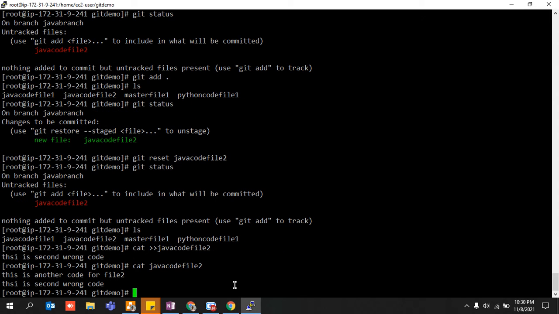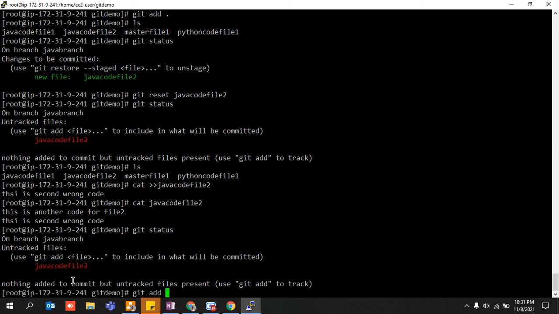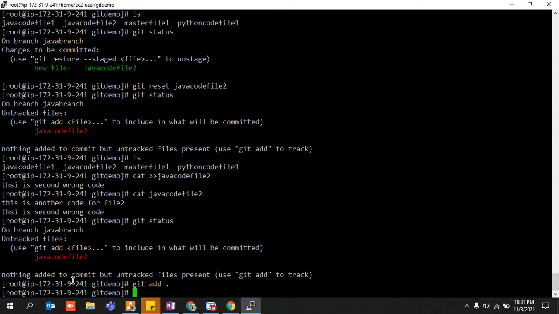Okay, so this time I have updated it. Initially it said this is code for file 2, and this time I've written this is second wrong code. This is in my working directory. I'll simply check my git status. I'll do git add. It is now in my staging part.